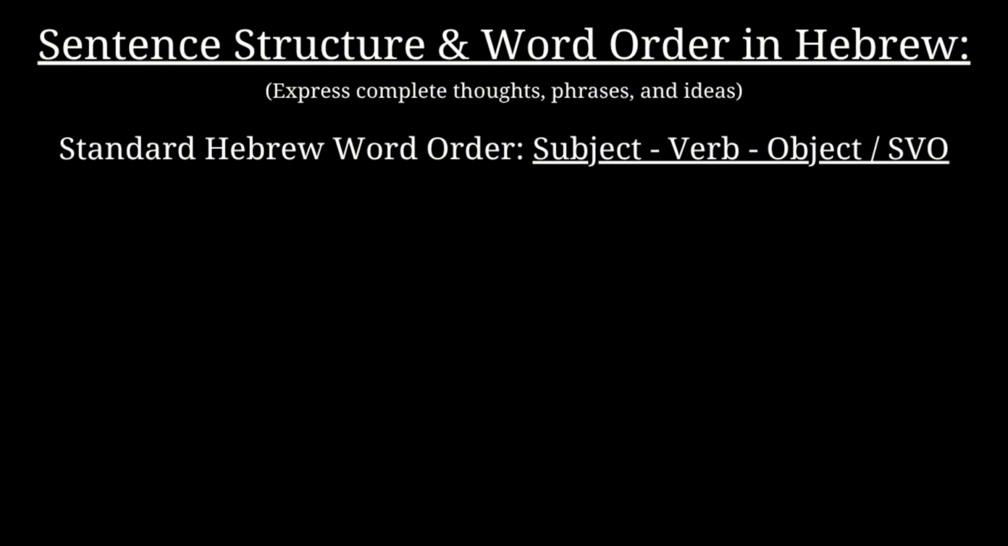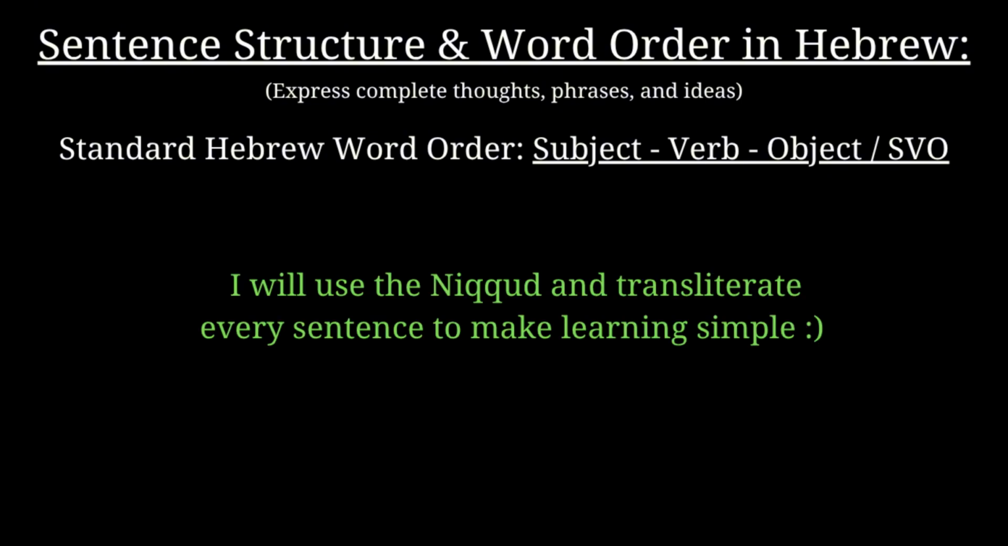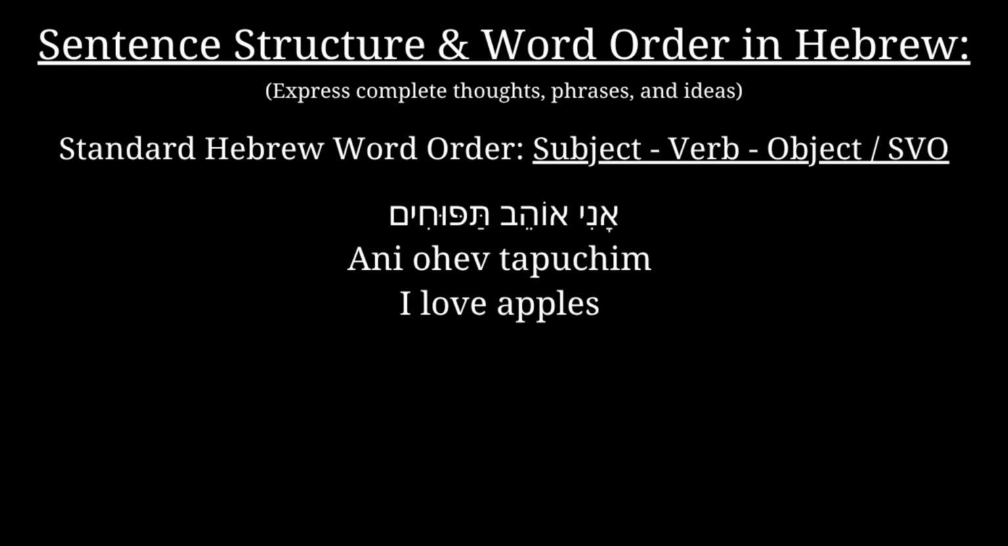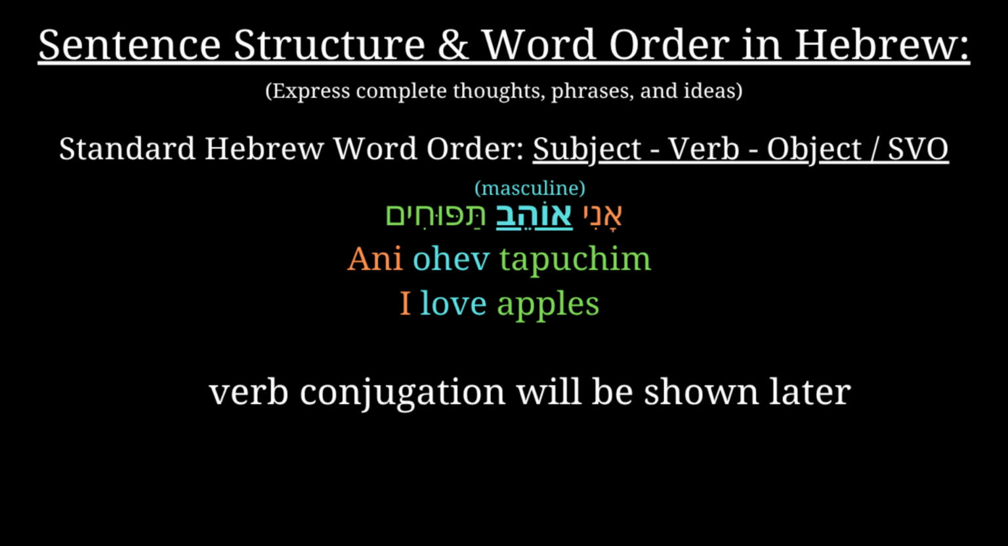In the following phrases, I will use the Niqqud and transliterate every sentence. An example in the standard word order is Ani ohev tapuchim. I love apples. Ani is the subject, I. Ohev is a masculine conjugated verb in the present, love, and tapuchim is the object that's modified correctly when plural, apples. In this case, we're dealing with verb conjugation, which I will explain in a later video, but for now,